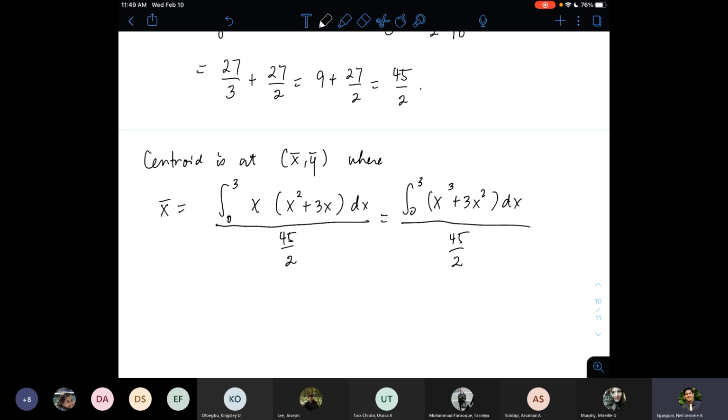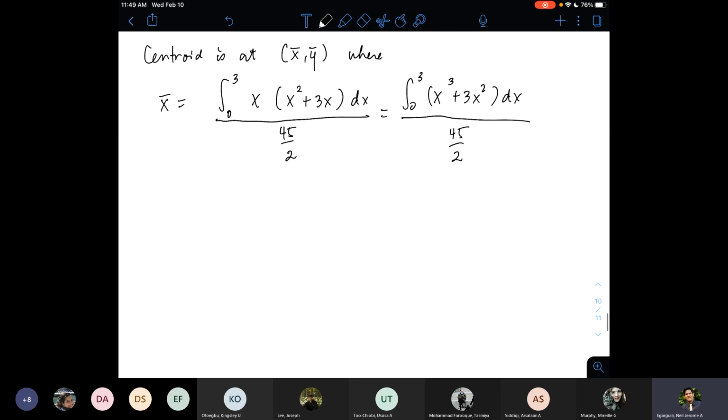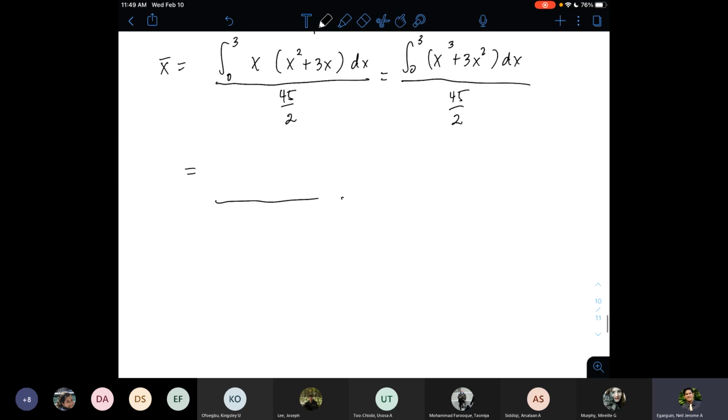We're running a little bit out of time, so I'll leave the integration to you guys. I'll just insert it in the version of the worksheet that I will upload later. So you get the constant there. It won't be hard to integrate that. But again, now let's go to y bar. Y bar is still the same integral,